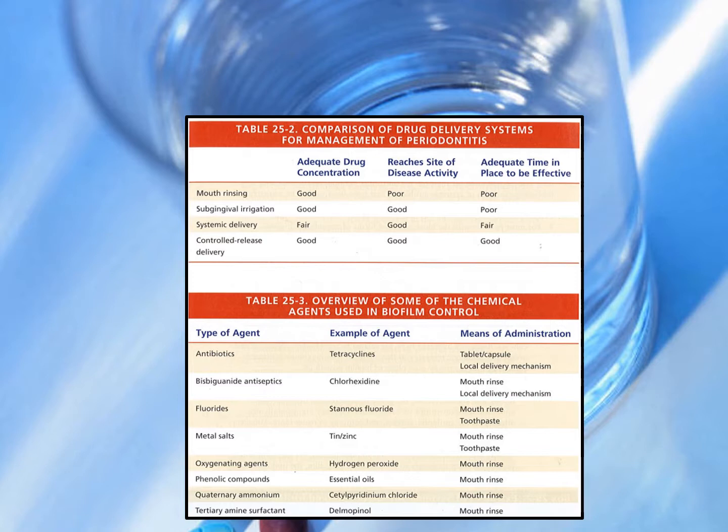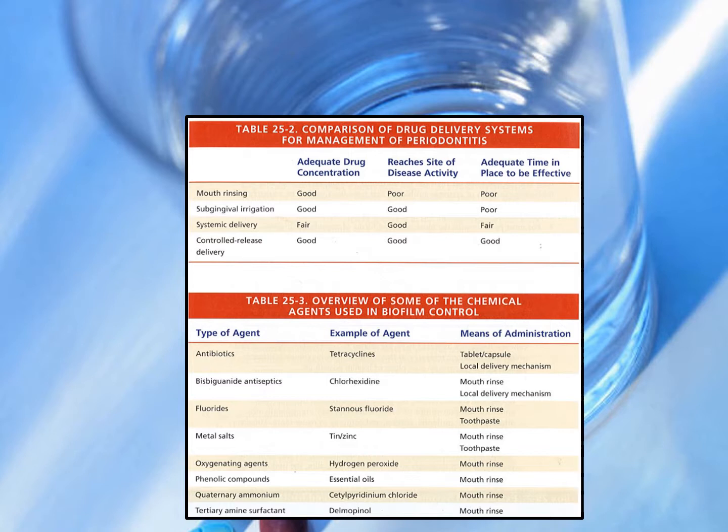This slide was included just so you could have a comparison of drug delivery systems for management of periodontitis. When you look at mouth rinsing versus subgingival irrigation versus systemic delivery, we see at the very bottom that controlled release delivery actually has the best outcomes in terms of providing adequate drug concentration, the fact that it will reach the site of the disease activity, which is important, and that it will be able to stay in place because it has a controlled release, whereas everything else for the most part will either wash away or it will not be an adequate drug concentration, or it won't be in the site long enough